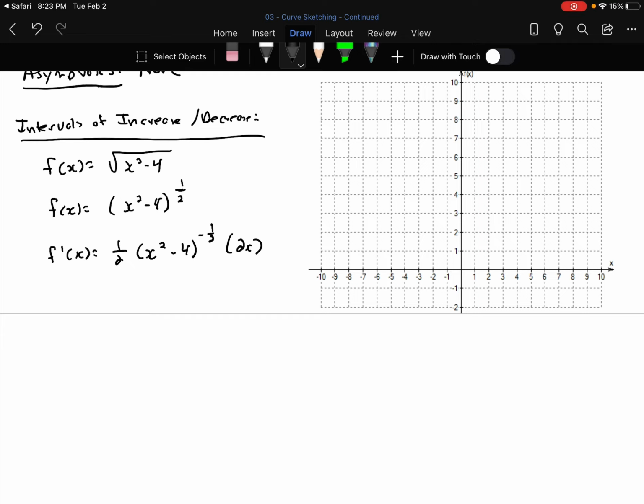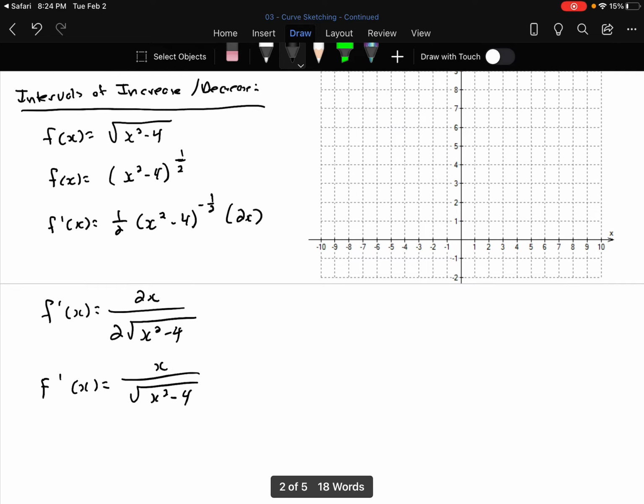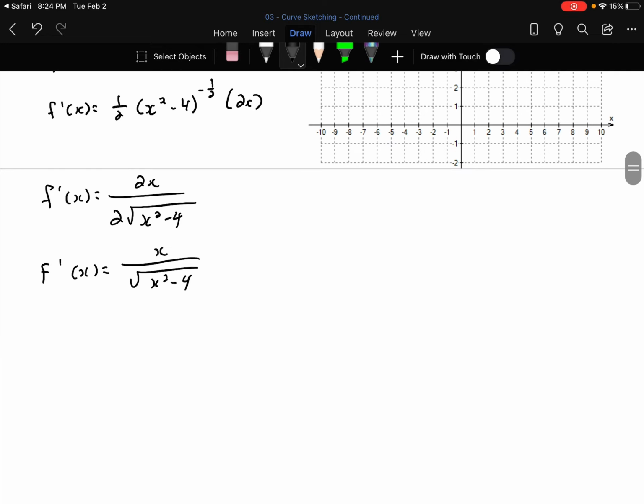So then, simplify that down, f prime at x. I'm going to get 2x over 2 root x squared minus 4. And, you know, it's interesting that this chapter is really nice because it shows off why we simplify the derivatives like we do. We simplify them like we do so we can get down to nice things like this that can be analyzed and used. So what I end up with is x over root x squared minus 4. And while this function is very different looking than previous functions, the steps are still the same for